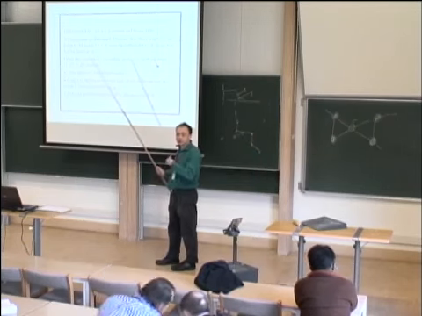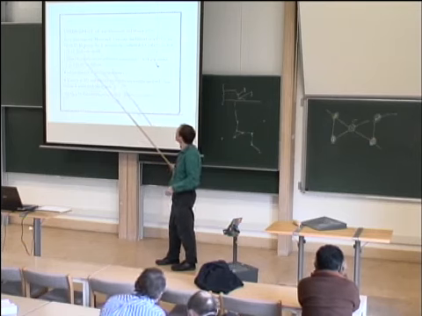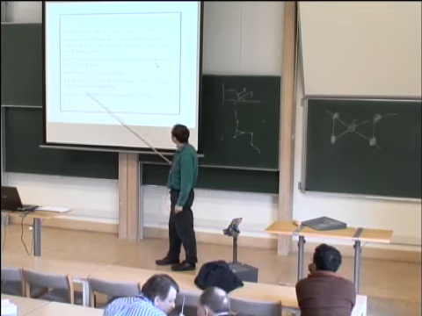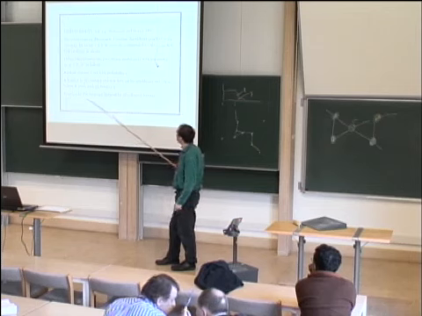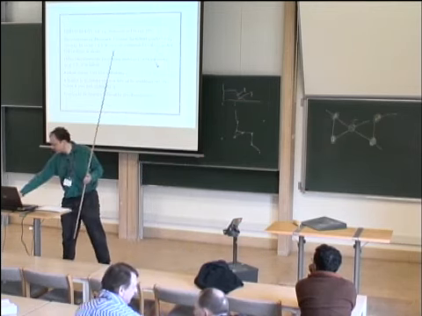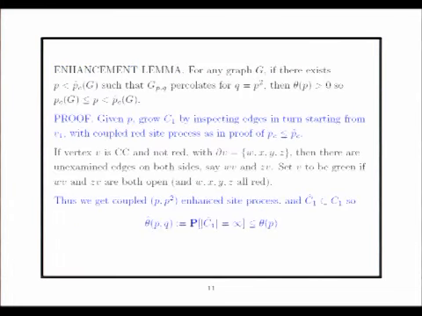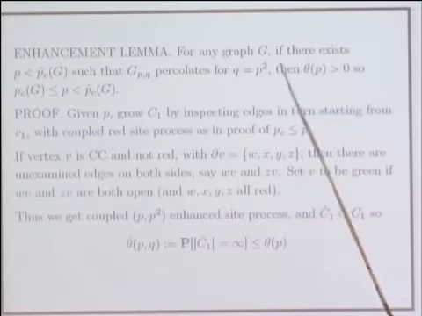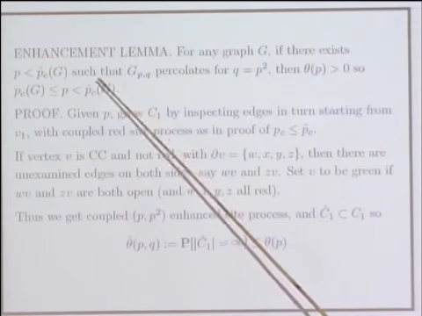So that's adding a little bit extra to the original site percolation model. And then the subgraph induced by all coloured vertices, red or green, I'll call that GPQ, at least for the duration of this particular page. Okay, so then an enhancement lemma, something like this is in the earlier literature on the lattice type arguments,